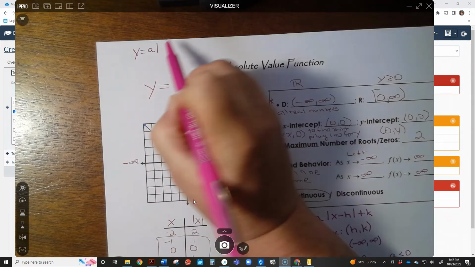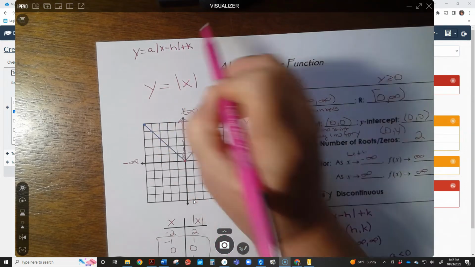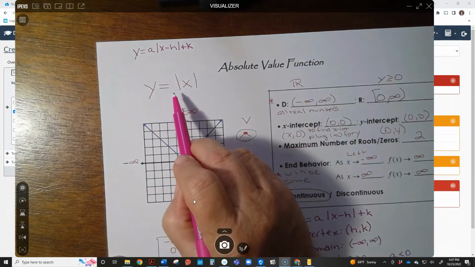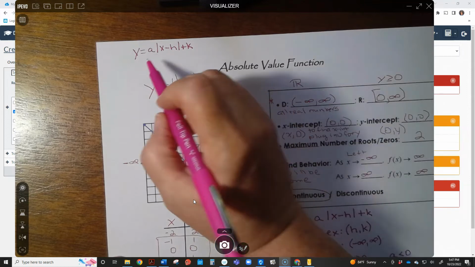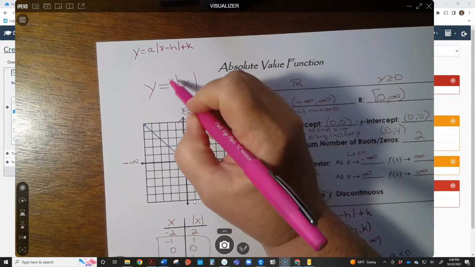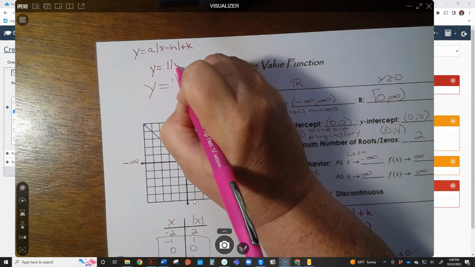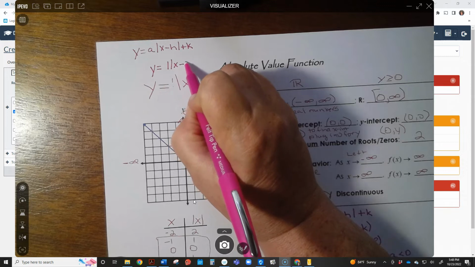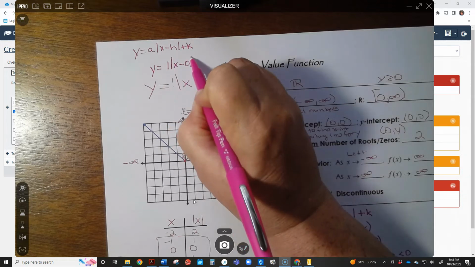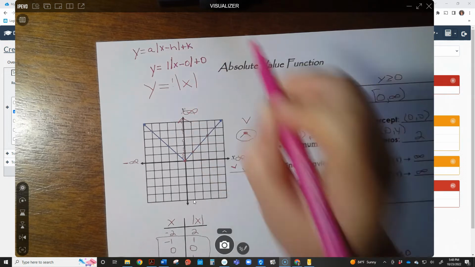So the parameters a, h, and k are in every absolute value function. You just have to be able to recognize that when we don't see a number in front of this absolute value bar, it's an understood 1. So this one right here can be rewritten with a 1 right there. If we don't have a minus h, that's the same thing as saying minus 0. And if we don't have a number added at the end, that's the same thing as saying plus